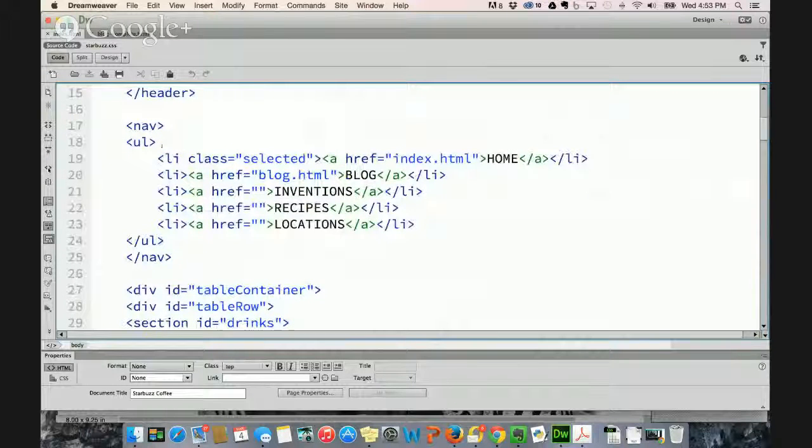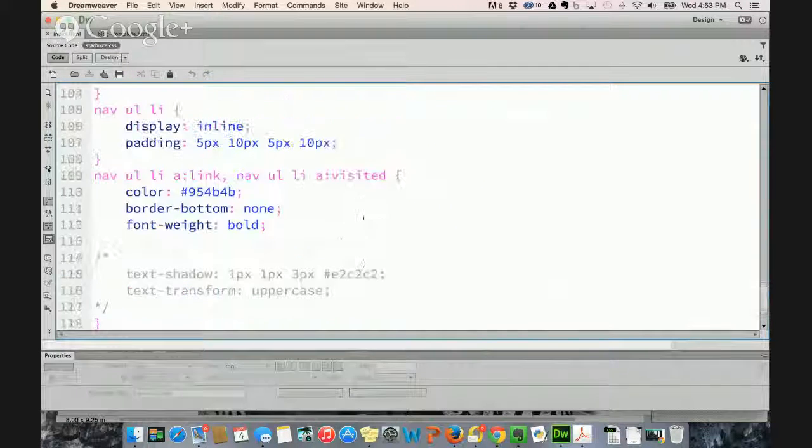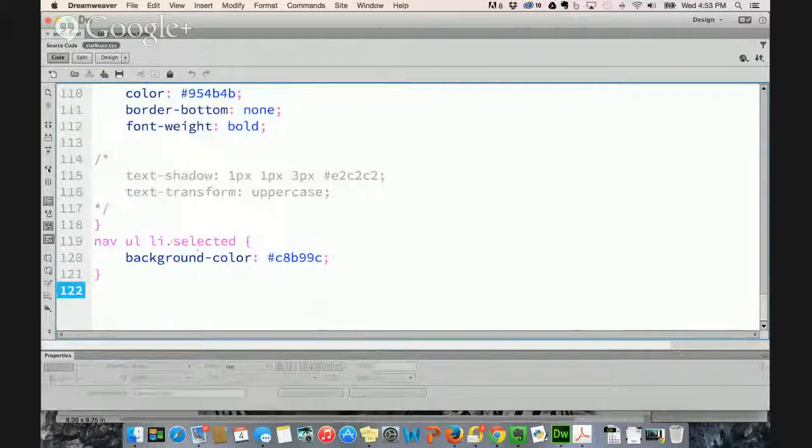Here's our unordered list. Here's how we use the class called selected. And if I look over here at my CSS, here is what that is. The selected one is going to have a different background color. And so that's the only change that's being made, because I want you to be sure to know